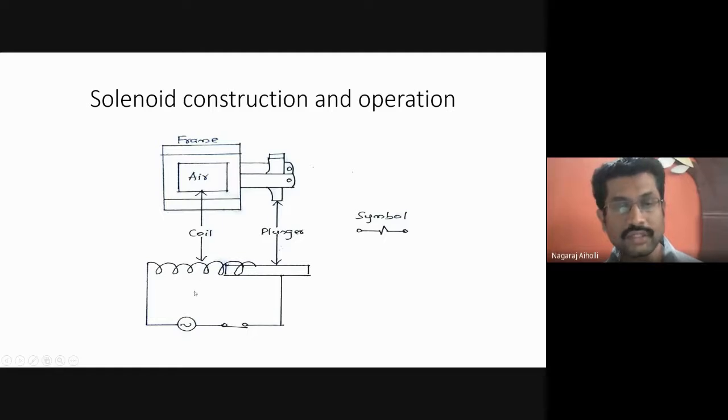And suppose this coil is de-energized, that is, we turn off the supply or decrease the AC signal. Then the magnetism will decrease or go off, and the plunger will return back to its normal state. This is how the solenoid works, converting electrical energy into magnetic energy and mechanical motion. And this is the symbol of the solenoid.